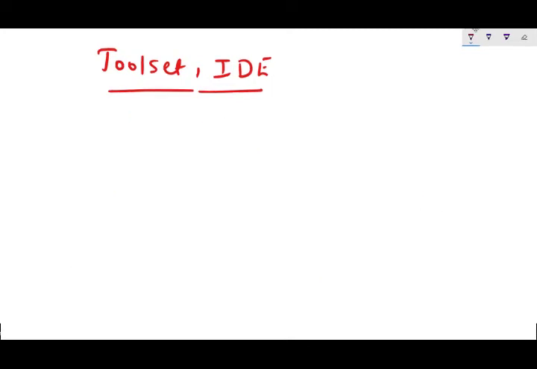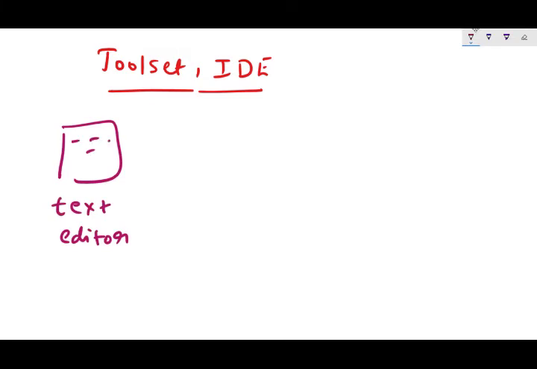Okay, now we know about the toolset. Now let us talk about the process of writing the program and generating the executable file from that program. So what we have to do, we have to find a text editor, and then we have to write the program, and then we have to call the programs which are available in the toolset, and we have to pass in the file names. So let us say we have to write in the commands, and then we get the